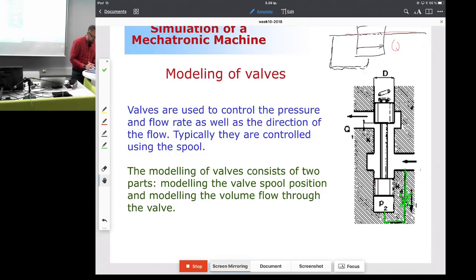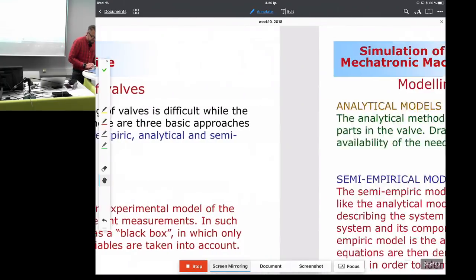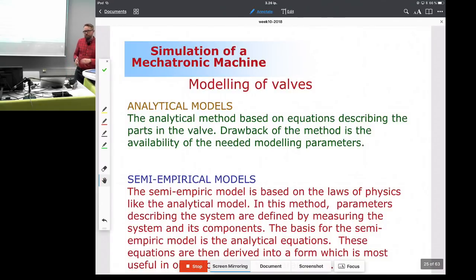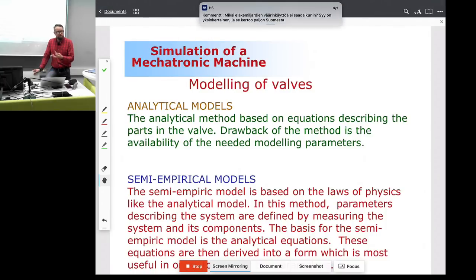And that's exactly what is called the semi-empirical modeling approach. Have you ever met Professor Heikki Handels? You have? Okay, so when Heikki made his doctoral thesis, he was one of the first people that introduced this semi-empirical modeling approach. And his background is in hydraulics. So he is actually the one that is a little bit behind this kind of modeling idea. And it's still very extensively used. It makes a lot of sense. So next time you see Heikki Handels,